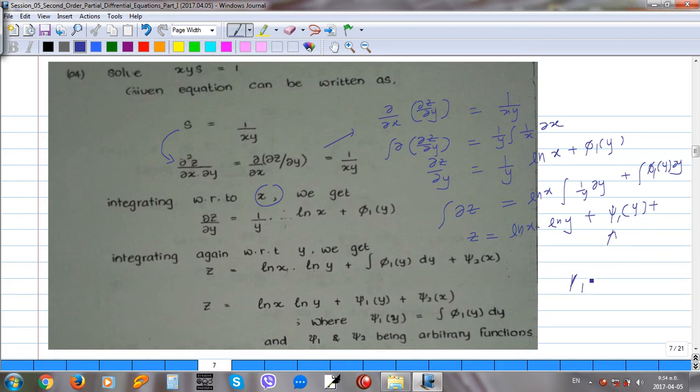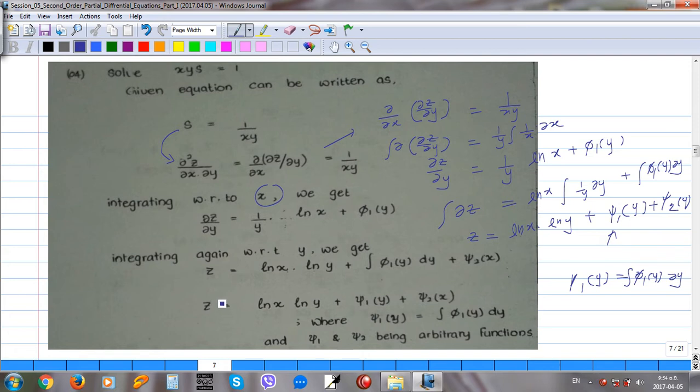plus another one, because this constant is this one. Then if we take phi, this new one y equals this one, the integration of phi 1 y times ∂y, plus another constant 2 of y. So these two constants are functions of y, right? So you can write the final answer as z equals ln x times ln y times these two constants, where this constant equals the integration of phi 1 y dy, and these are also arbitrary functions. Okay, so these are the simple calculations